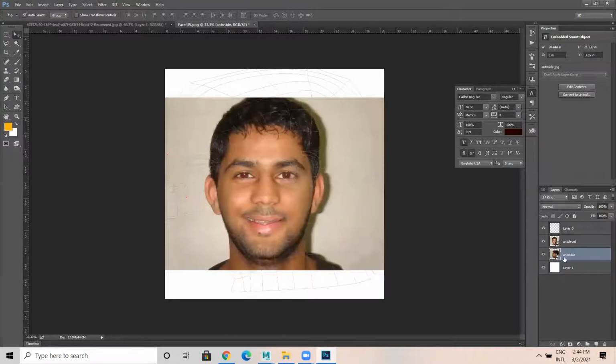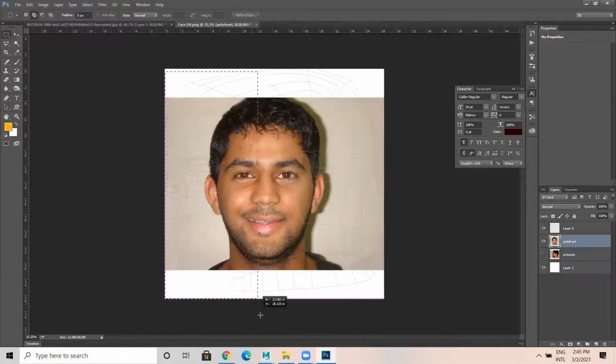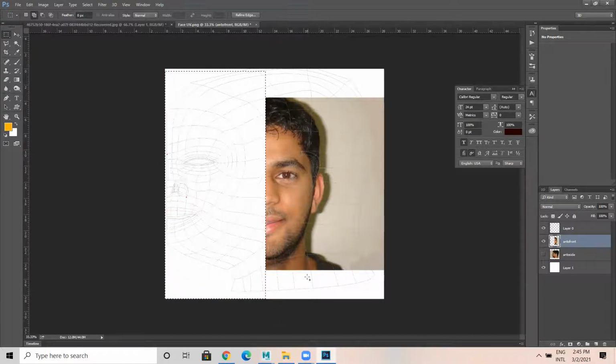Keep the side at the bottom. Select both. Rasterize this. Let me take only the front view now. The front view part, I'm going to cut the half, exact half. I'm going to delete the half.